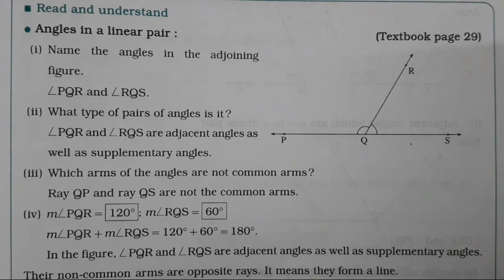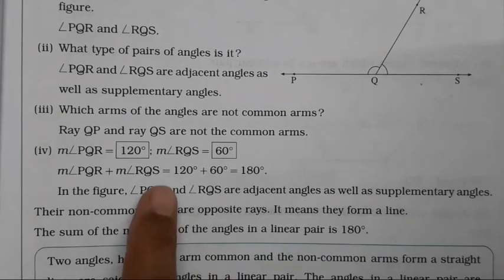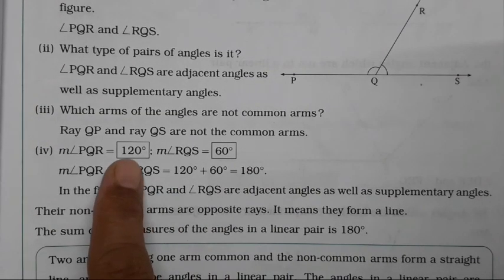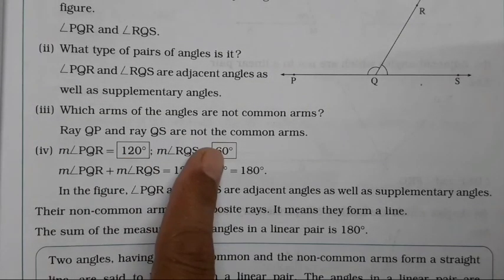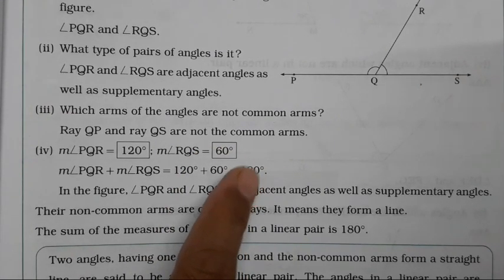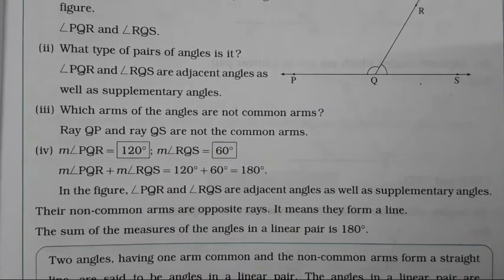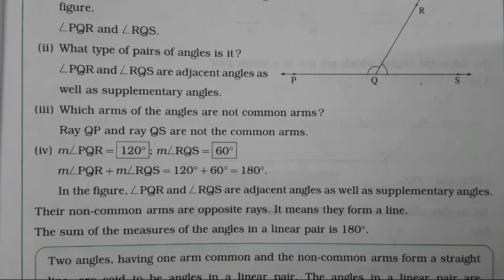Now what are linear pairs? Now how you all have to find whether they are in linear pair or not. One measure will be given and one we have to find, and the other we know, 180. So while solving practice set number 20, the same method we have to use in order to find the linear pair. So let's start with practice set number 19.